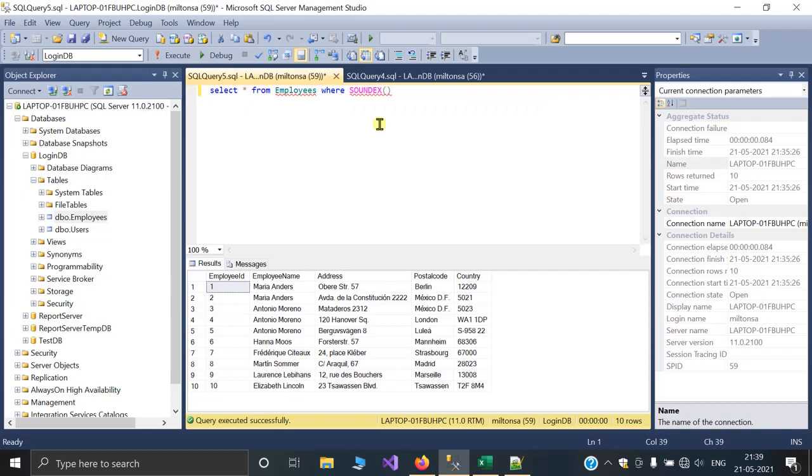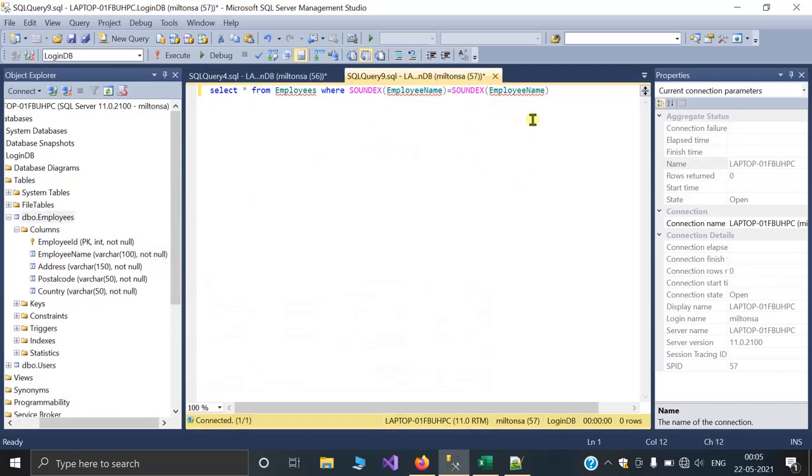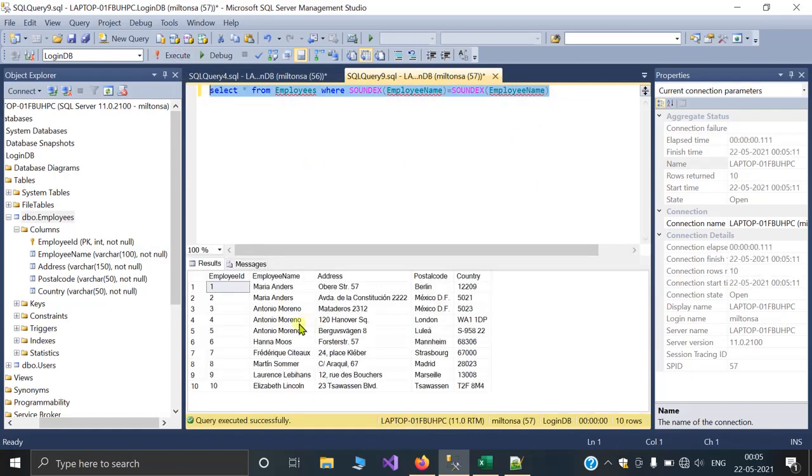Write the employee name column here. If you execute this query, you can see all duplicate and non-duplicate records are coming. If you want to see the exact results of SOUNDEX, then you have to change the spelling of same-sound values. Here you can see all values, sounds and spellings are the same.